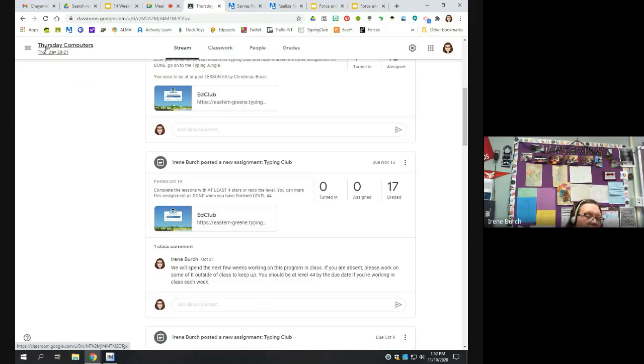I had some folks saying they kept getting stuck on the crossword or something like that. I went in this morning and changed all of the settings. So if you get stuck on a page and you've done the lesson, it should let you just go on now. I don't want you to skip levels. I'm looking at your stars to see that you've completed them. So don't skip any levels. But if you get stuck on one of those crossword things, like you've got everything in there and it looks like everything is spelled right and it's just not working,